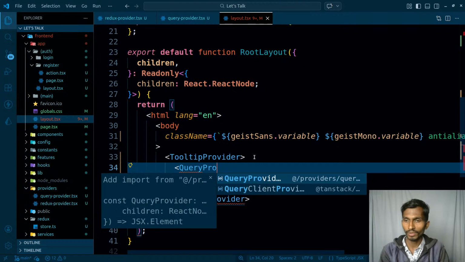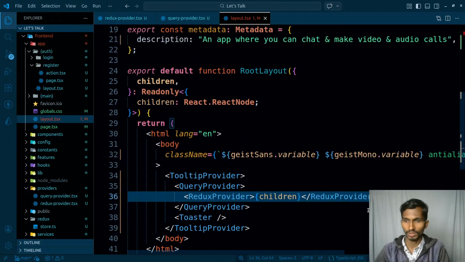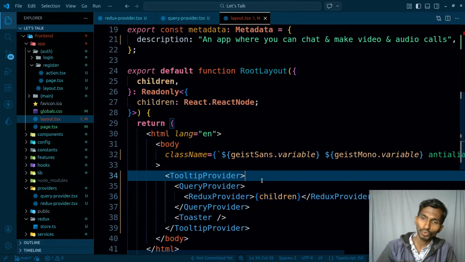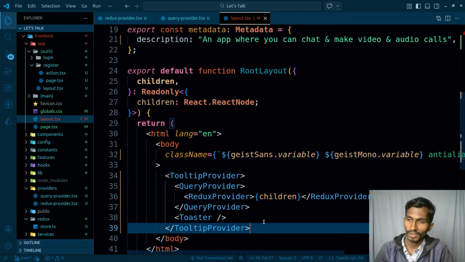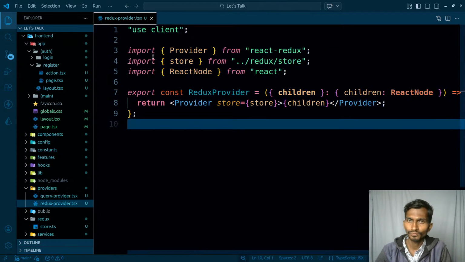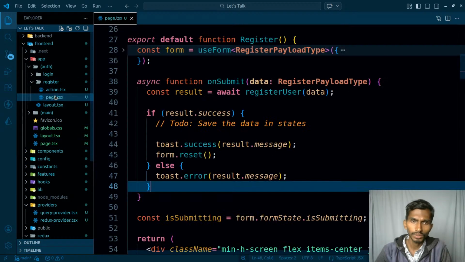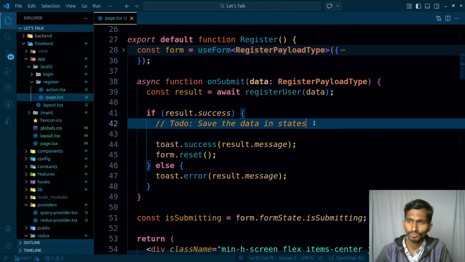So I will have my query provider over here, just like this, and I'm gonna be having the remaining things inside that. So tooltip, query provider, Redux provider, this is how the things are actually going on. And once I have this thing done, close this. Once I have this query provider over here, then I can go to this page.tsx over here, and just inside this